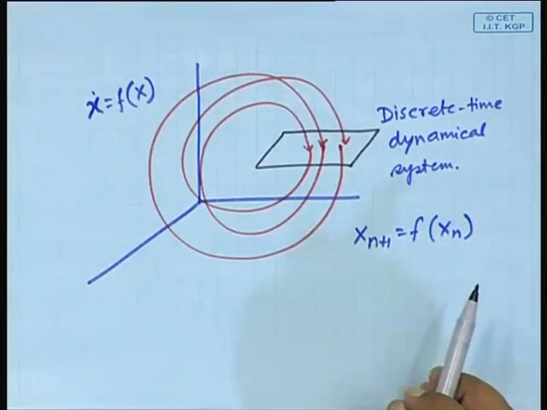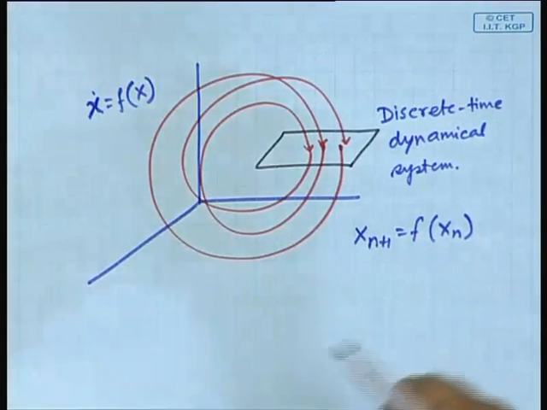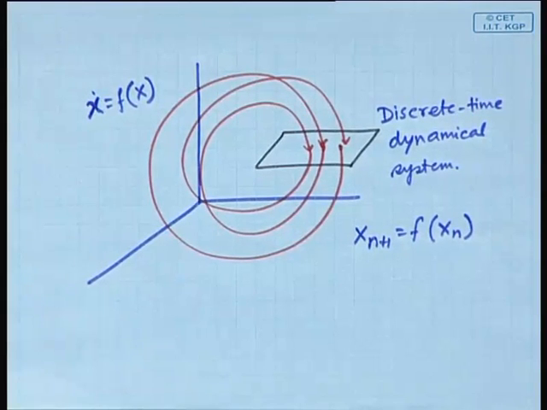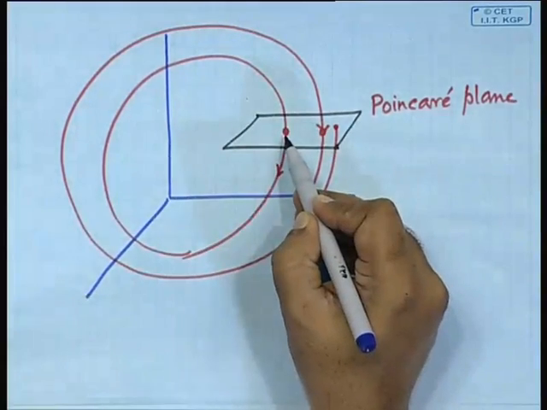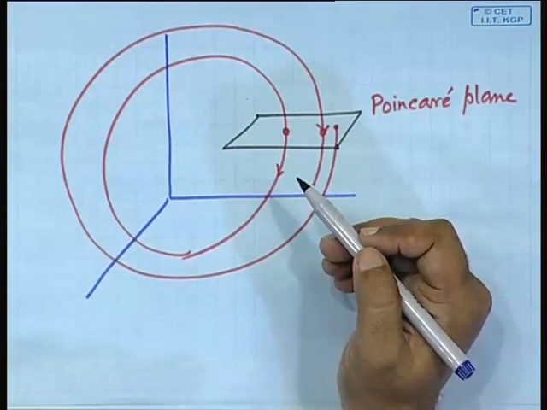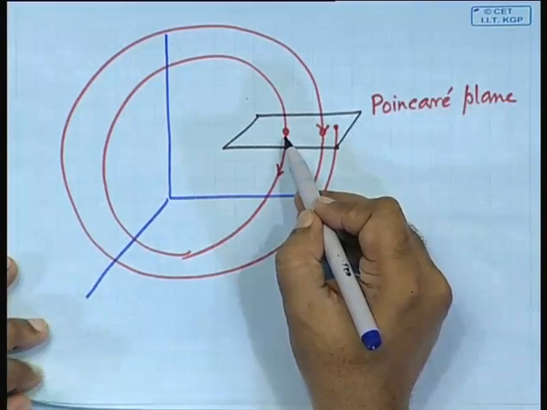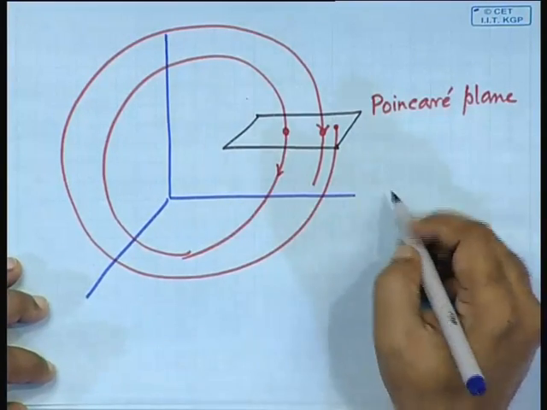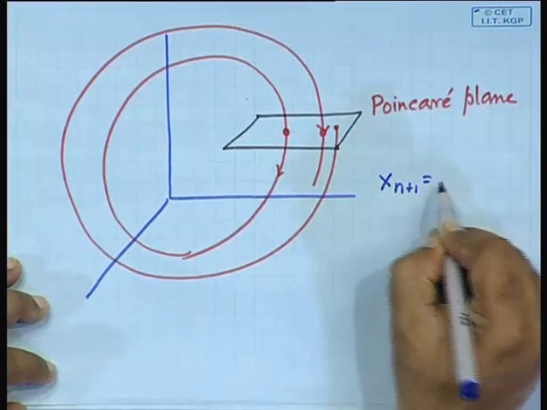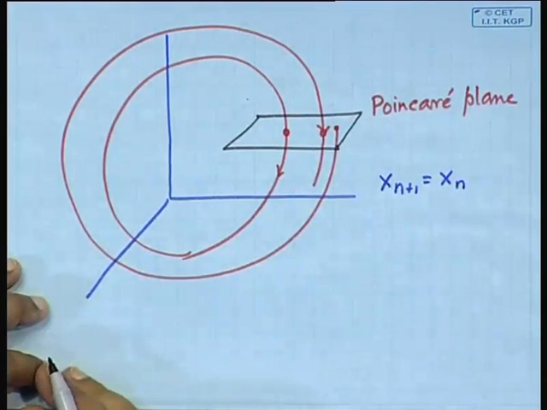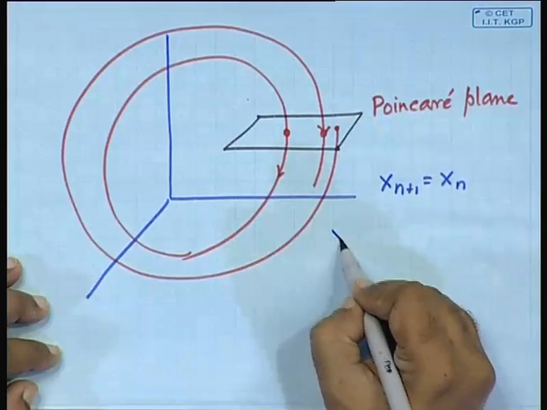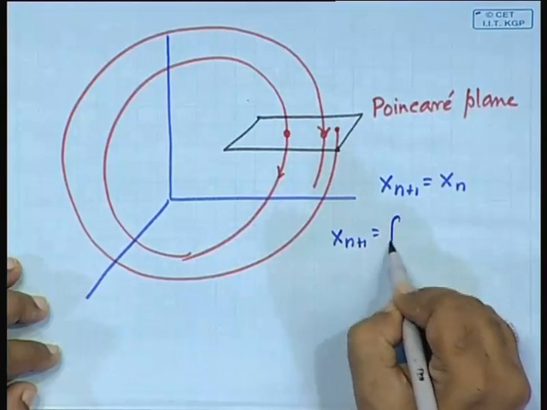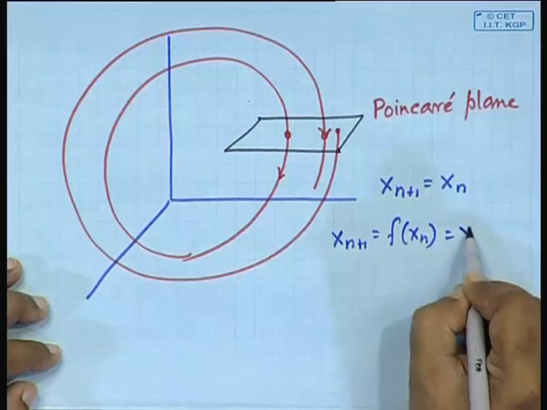How we obtained that, we will come to that later, but what is the result of that? What is the advantage of that? The advantage is that firstly, a periodic orbit or limit cycle like this will be seen just as a dot, a point. Of which character? It is the point for which this is true, or I will write it this way, x n plus 1, which was actually f of x n, is equal to x n.